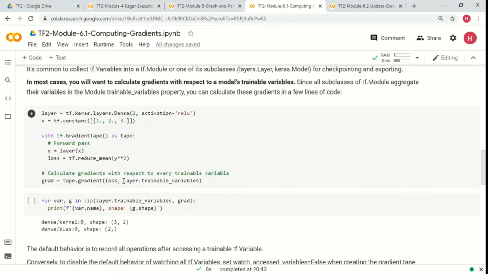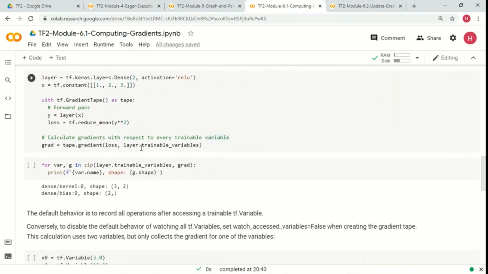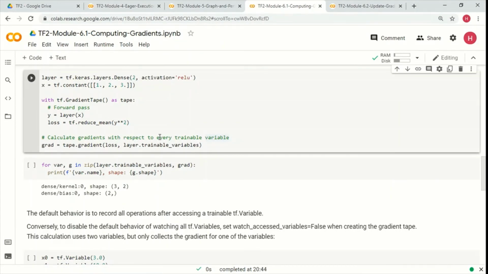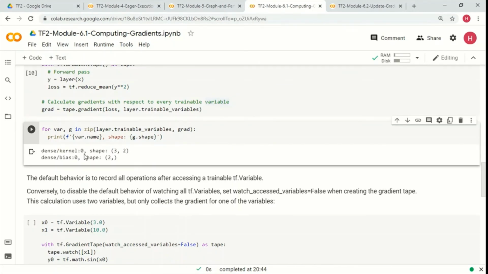But in the gradients, rather than giving the list of variables like this, we are saying layer.trainable_variables, because the layer automatically collects all the trainable variables. Once that is done, we can also see what is in the layer's trainable variables.